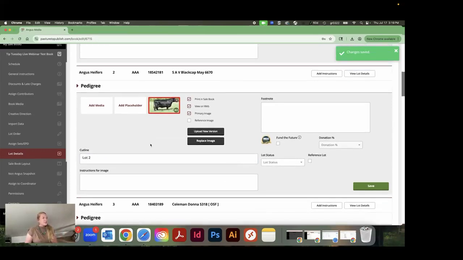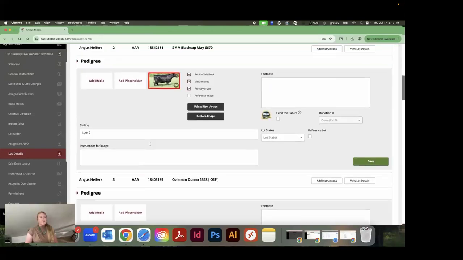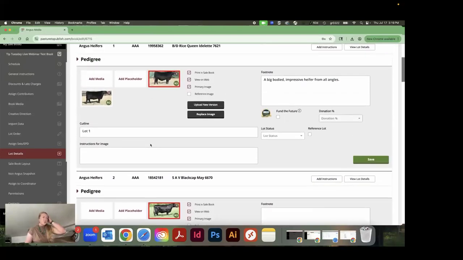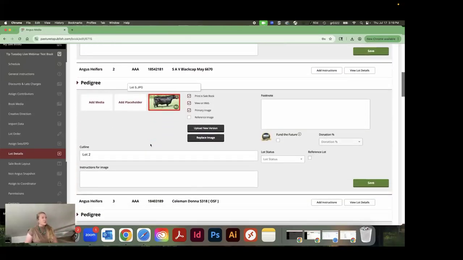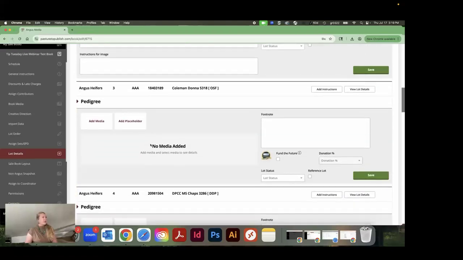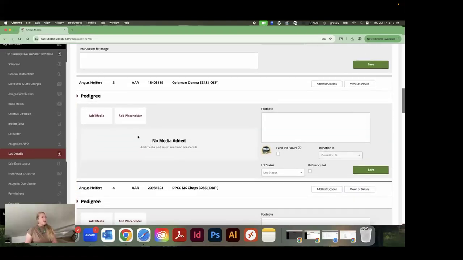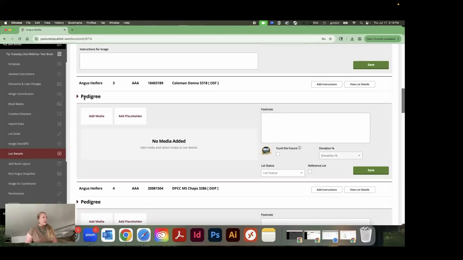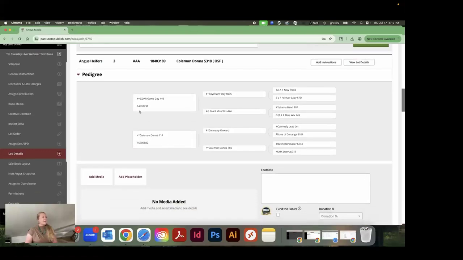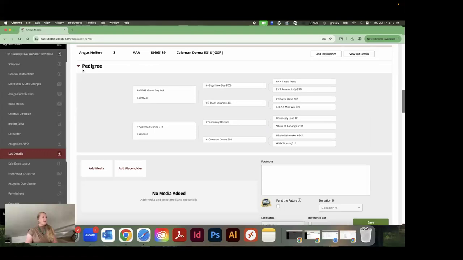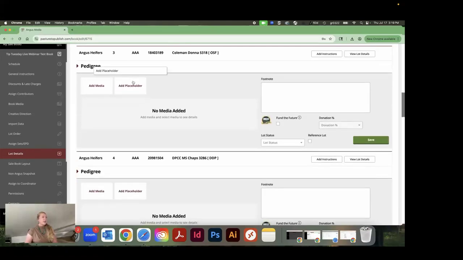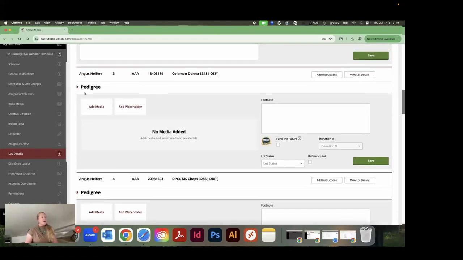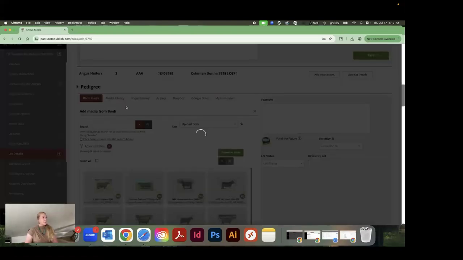So I do want to show you how to manually now add some information. So first of all, I'm going to scroll down here to a lot that we don't have any info on. Okay, so let's say lot 3. If I would like to add a sire photo here, what I can do is hit this drop down right here for the pedigree, and I can copy and paste this name so that I can go find the corresponding photo. So now what I have to do is hit add media,